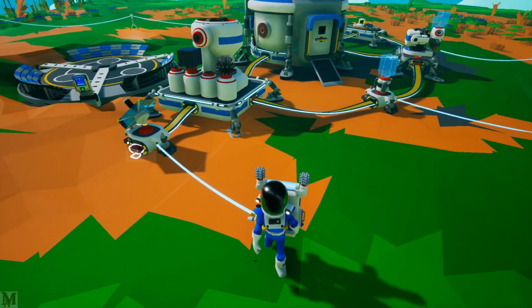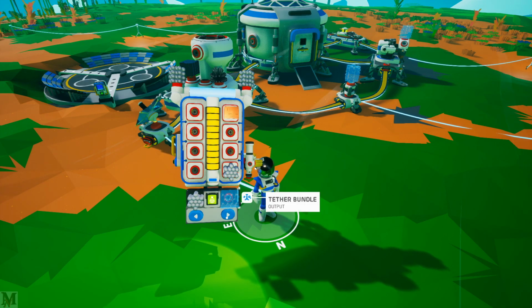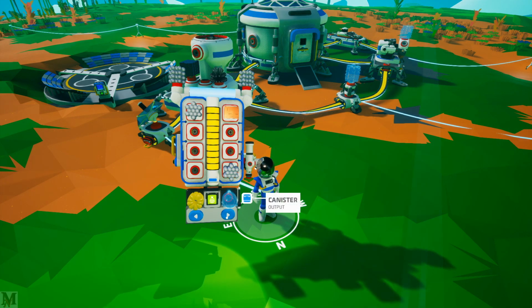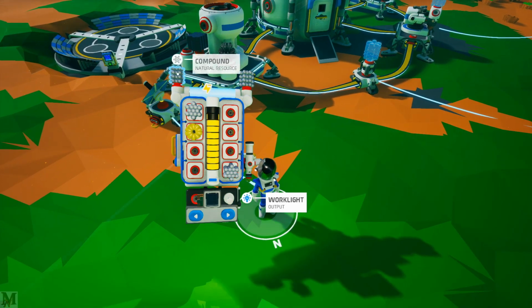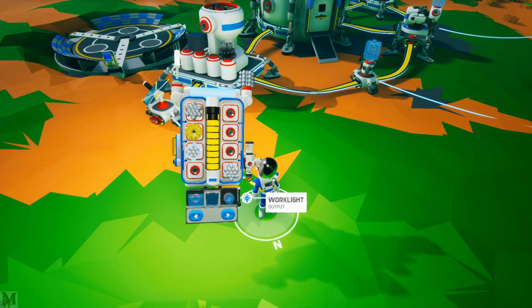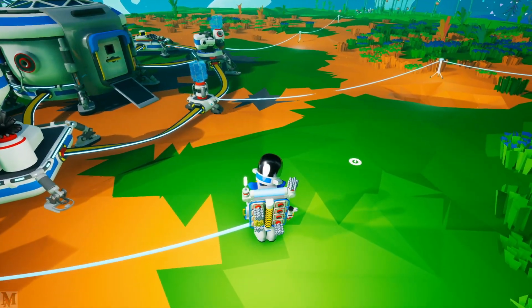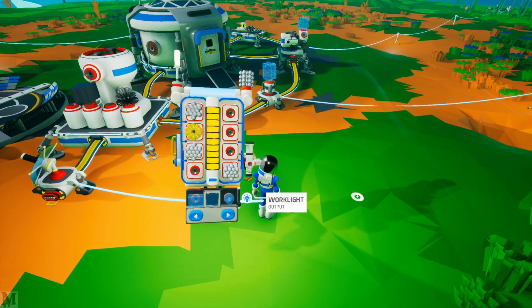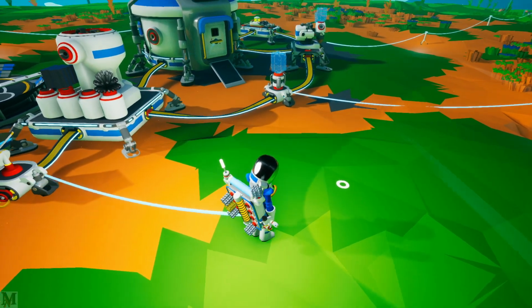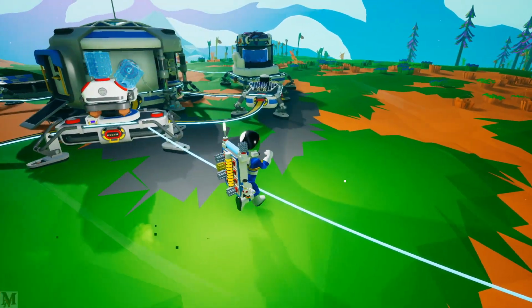Okay, so we got a little bit more power with this thing, and we also wanted a work light. Yes, tether, oxygen canister, work light. Boom, we got a work light. The work lights are great because you can actually see at night. Look at that. Now it's actually a little bit too bright during the day. I wonder if you can actually turn it off. I bet there's a way to turn the light off during the day. I don't know. Anyway, ladies and gentlemen, that is our first episode of Astroneer, fully released